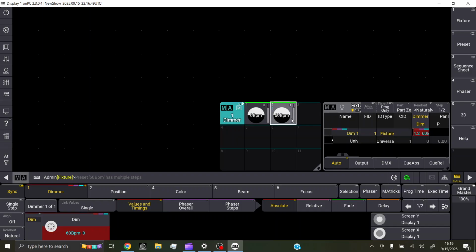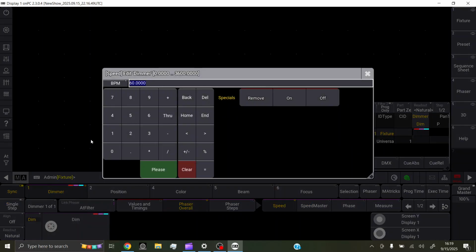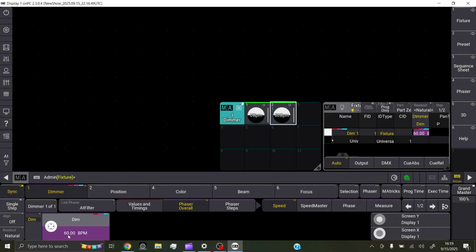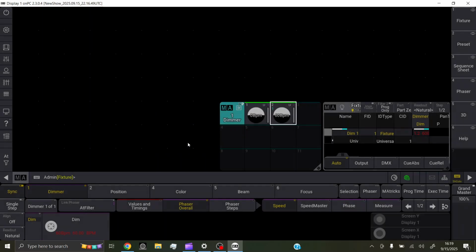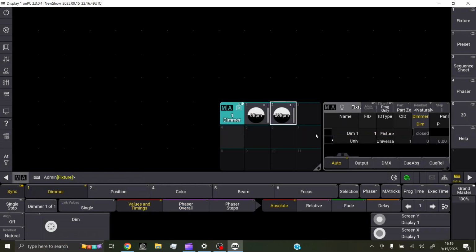And then we'll recall this one. You see it's phasing, doing our dimmer phase. Come into the phaser and speed settings. We can see it's at the default, which would be 60. Let's say we set it to 60 BPM to make sure it stores at 60 and doesn't change. Store. We'll try overwrite. But still, when you recall that preset, I'll clear out my programmer, recall the preset,